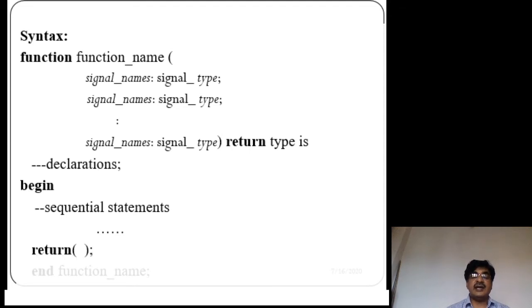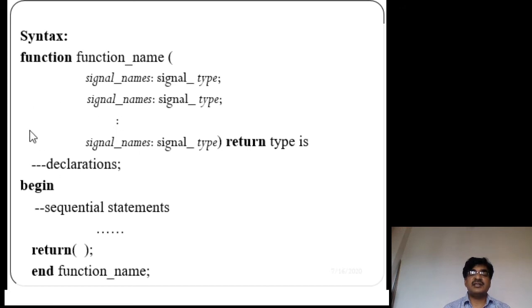So finally, the return value, whatever value you computed, has to be returned to the calling program. Then end function name. End the function by the word end, then the name of the function. So this is the syntax.